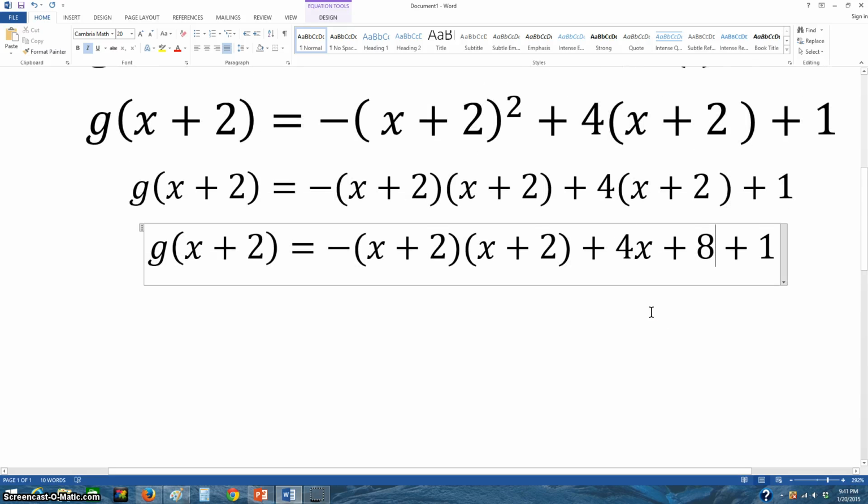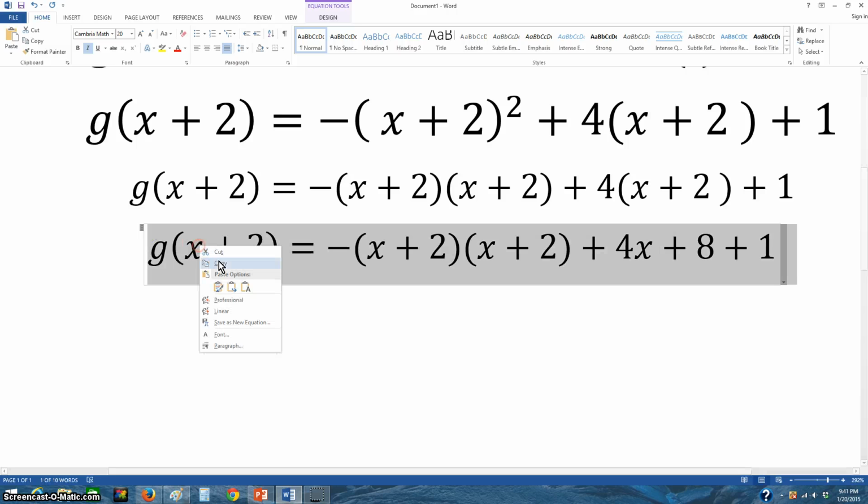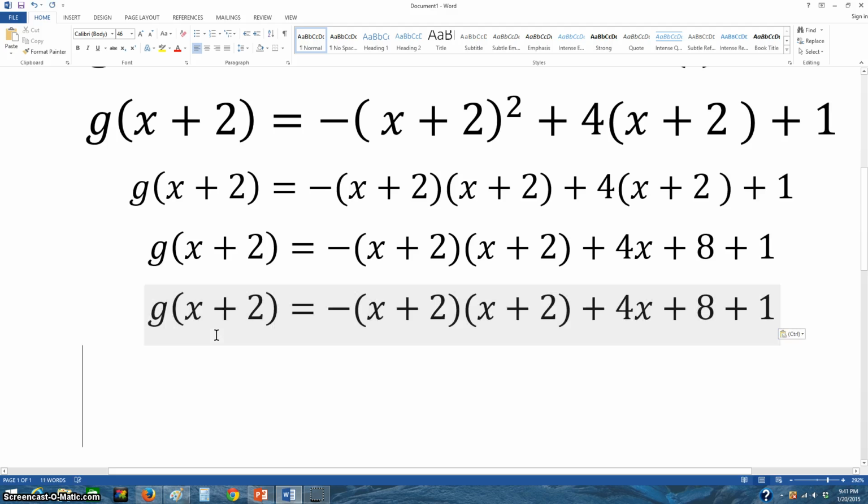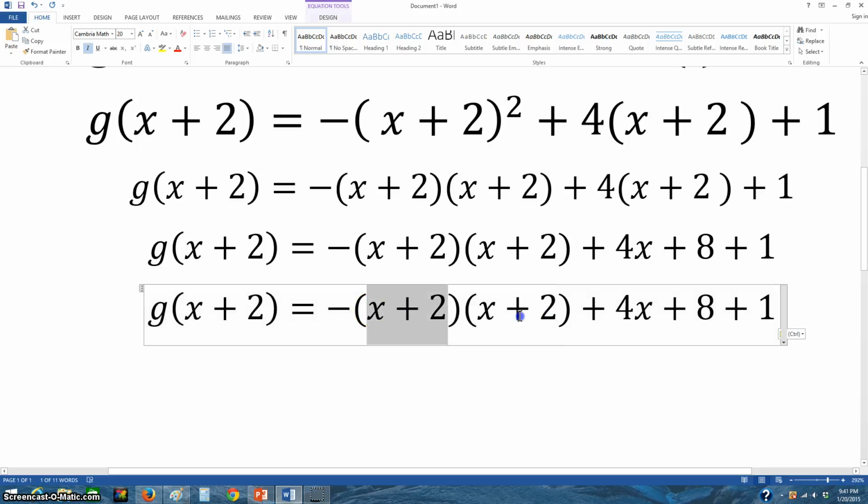All right. Okay, so now let's go ahead and I'm going to FOIL these two terms first. After I FOIL those two, then I'm going to go back and take care of my negative sign. So let's do that. And again, FOILing is a concept from Algebra 1. So let's go ahead and take care of it. So this really becomes,